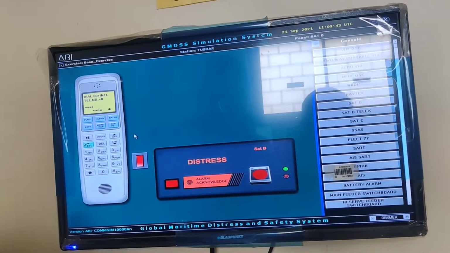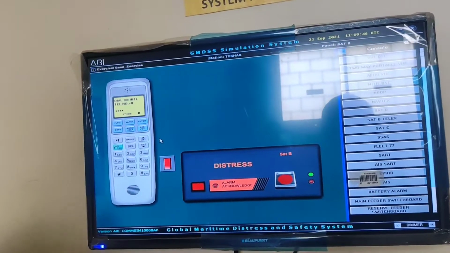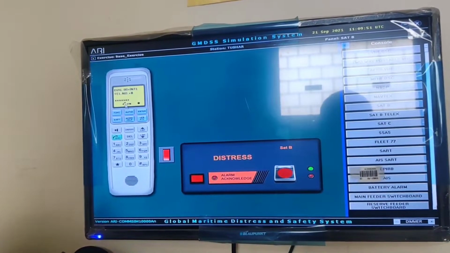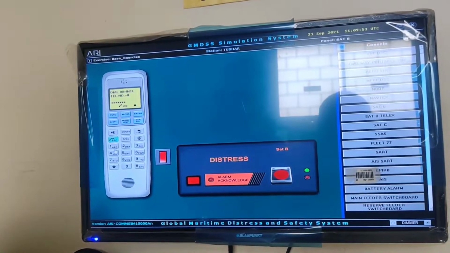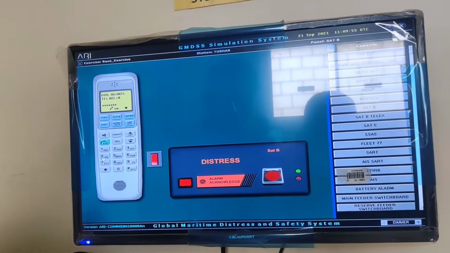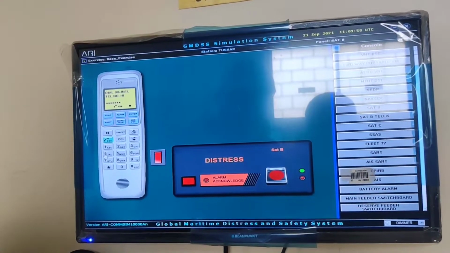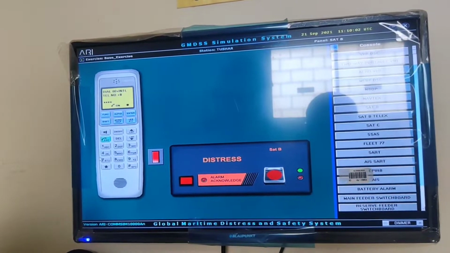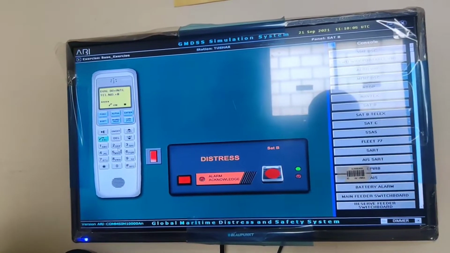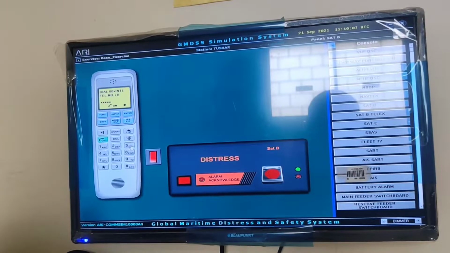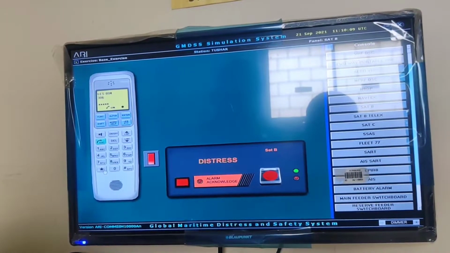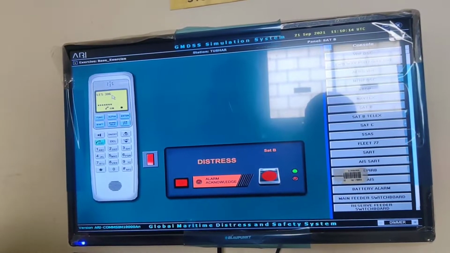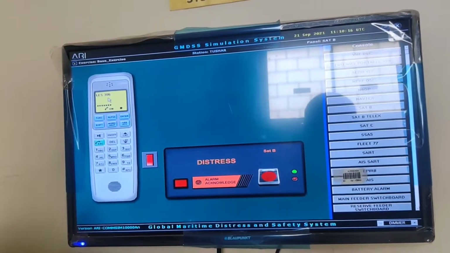First switch on the main switch, then switch on the handset. After this, the first operation is to select the alias. For selecting the alias, pick up the handset. When you pick up the handset, it will be in on position. Then select the station code. For example, here suppose 306 for BSNL India, 210 for Singapore, 004 for Japan. Suppose we will select BSNL. So we will press 306 and then star. So here you can see alias is selected for 306. This is the first operation.